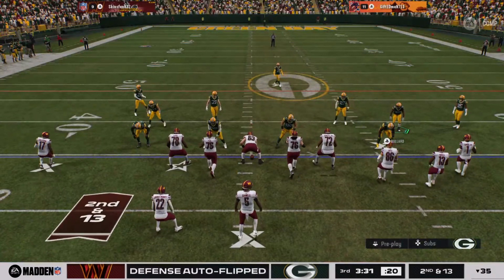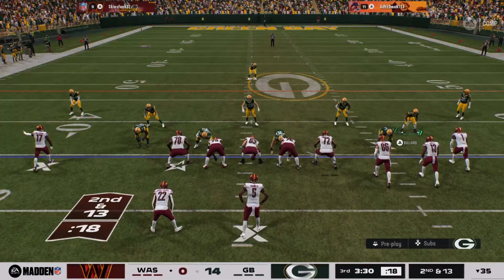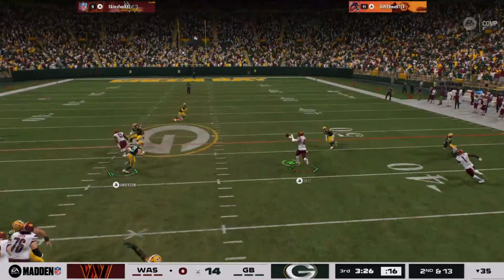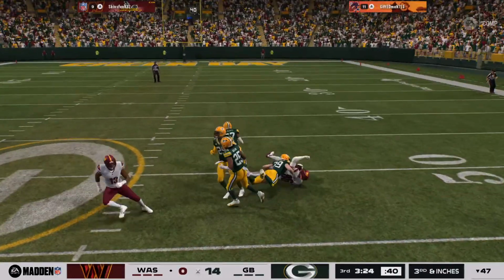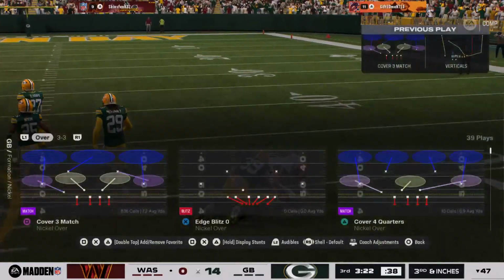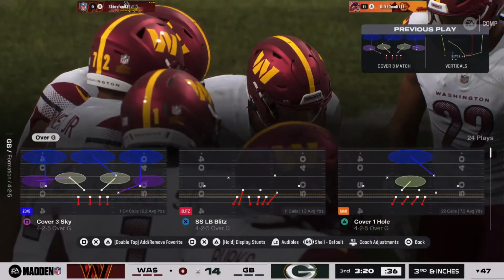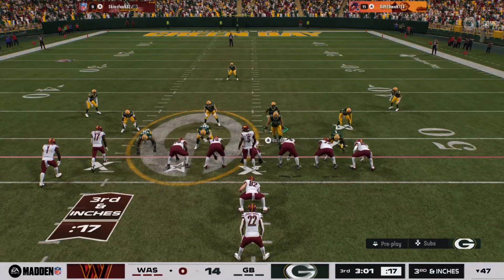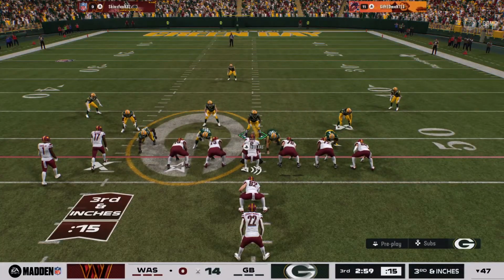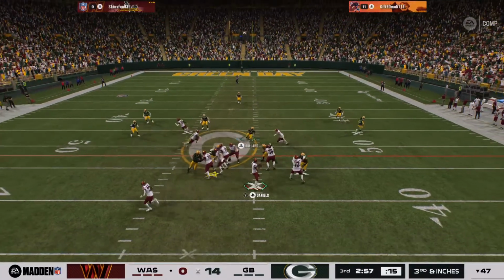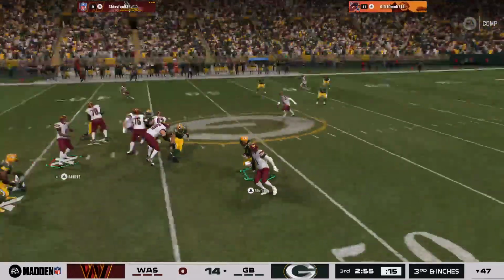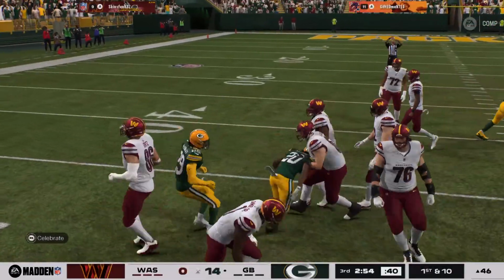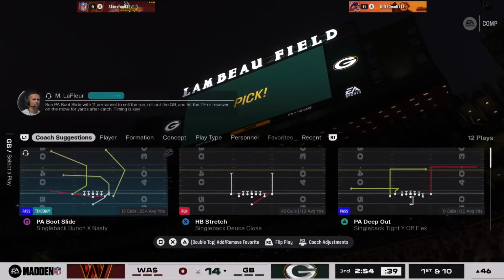A 3-yard loss to start the drive. They'll look to make that up and then some on 2nd and 13. Throwing now is Daniels. And complete to Zach Ertz. Pitch and catch there good for 13. And they'll be faced with a 3rd and inches. Cowboy 80. Let's go. Now Daniels. And he's going to be intercepted for the 3rd time thus far. And they take over. They'll set up shop